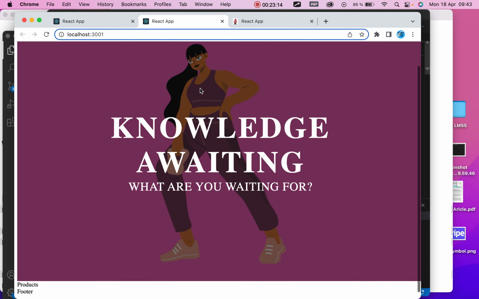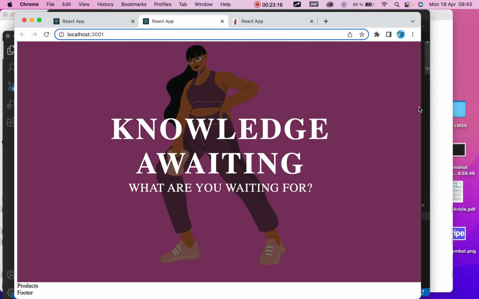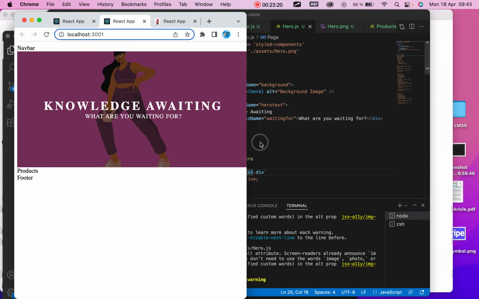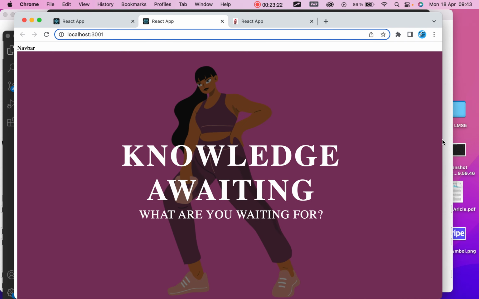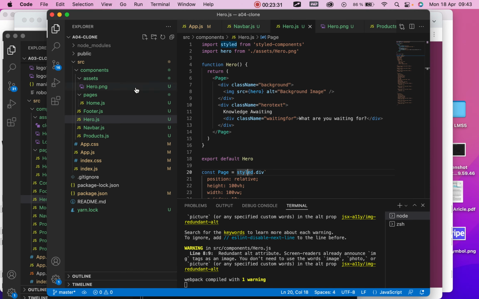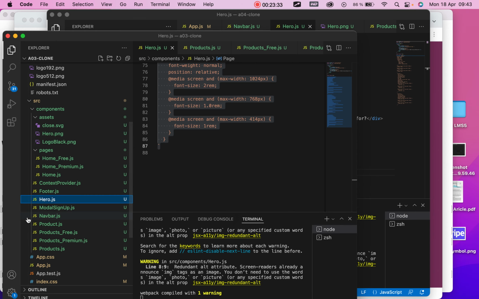It's there. Let's see if it's responsive as well. Yeah, it's responsive. It changes size. So we will have a look at how that all worked out for us. But first, I will have a look in the